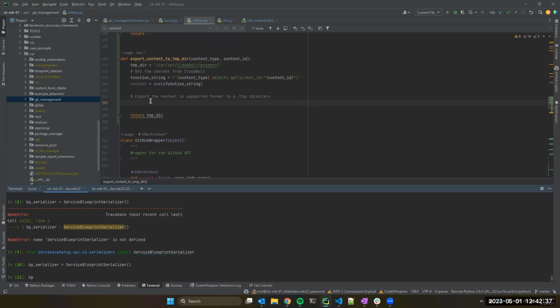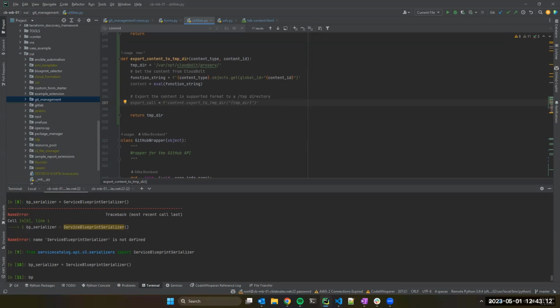Kind of similar to what we did with the eval here, but we'll do a function, let's do serializer call equals, maybe export call. That's better. Equals